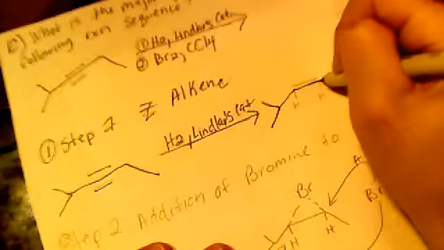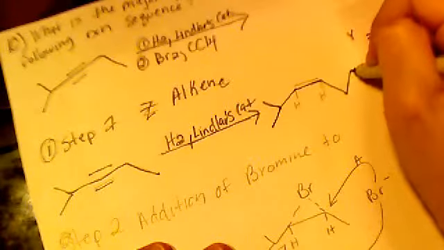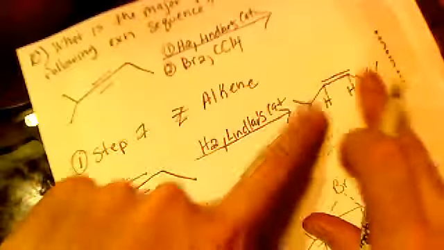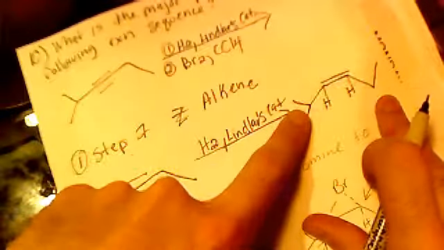So the two branches off the alkene are on the same side because it was syn addition of the hydrogens, right? The syn addition of these two hydrogens using Lindlar's catalyst created the Z-alkene, where these two groups come in the same direction. So step 2